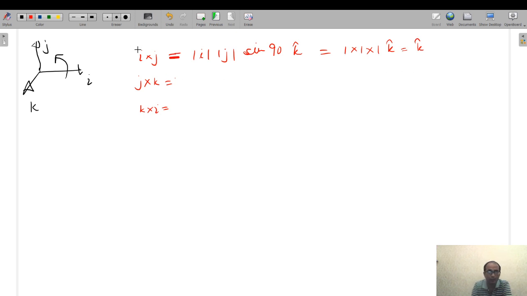So I cross j is not 1 but it is what? It is k cap. So I cap into j cap. Similarly, if you find j into k cap, it would be I cap, and k into I cap would be j cap. j k is where? j k is here. So start rotating your fingers from j towards k. So thumb will be along x direction. So j and k cross product would be I, similarly k and I cross product would be j. There is a simpler way.